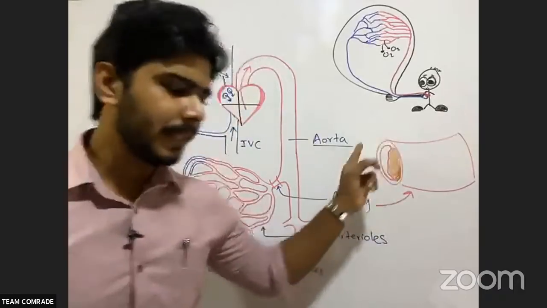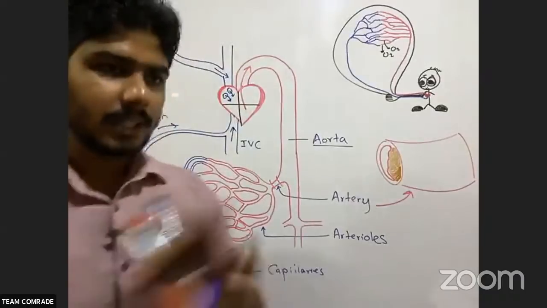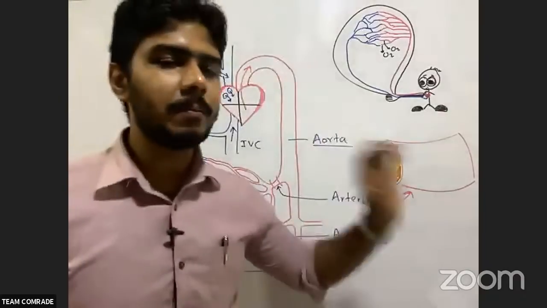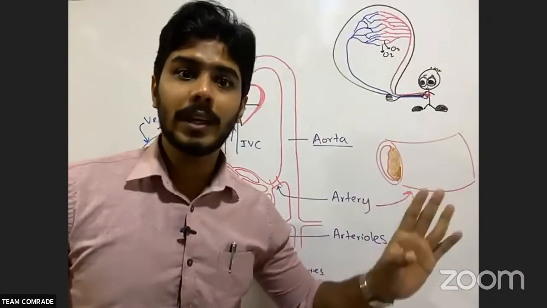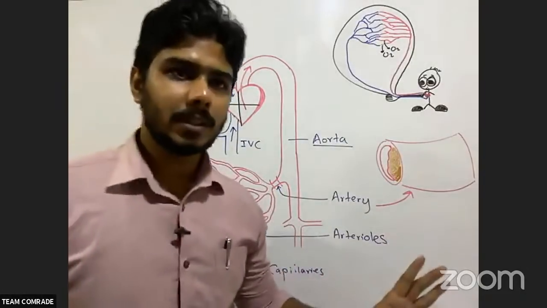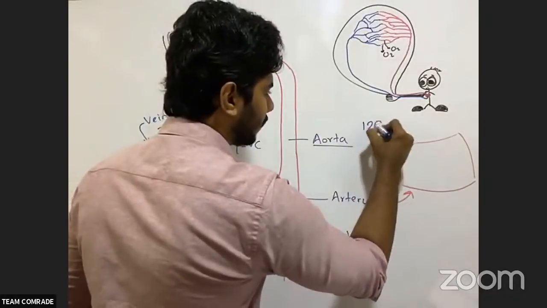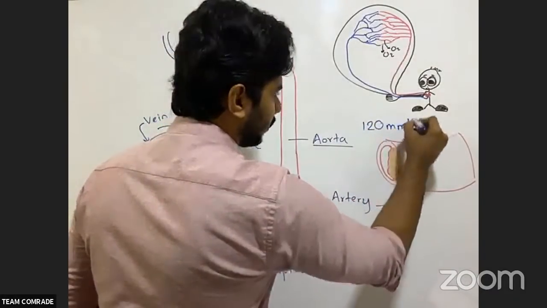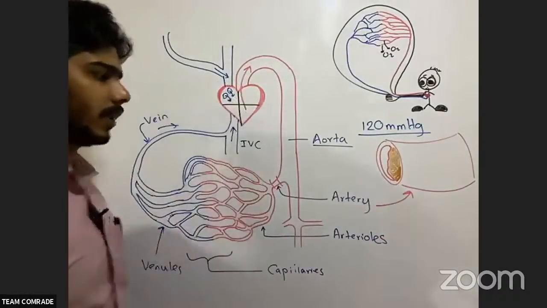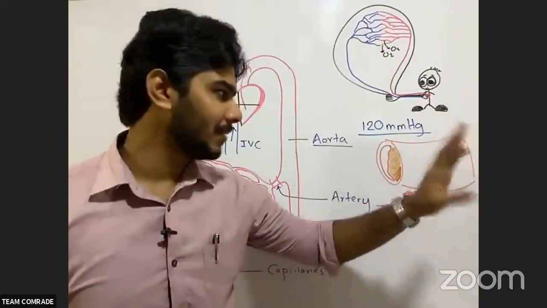The arterial wall is a little bit thicker, but at the same time there is elasticity also, because the heart is pumping the blood at high pressure, a blood pressure of 120 mmHg, not mg. mmHg means millimeters of mercury. The blood is pressuring into the aorta. That is what we call blood pressure.